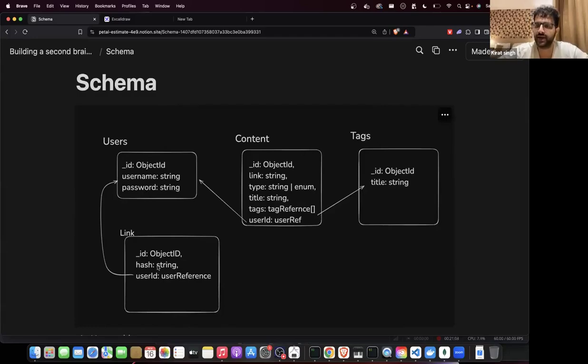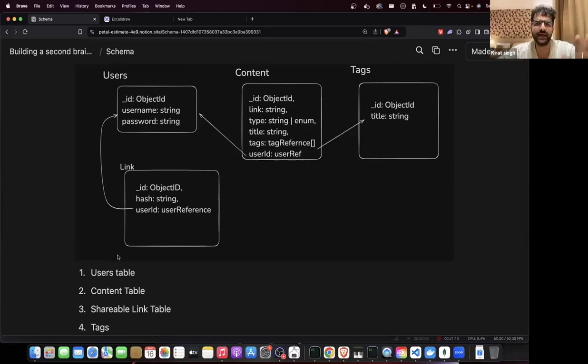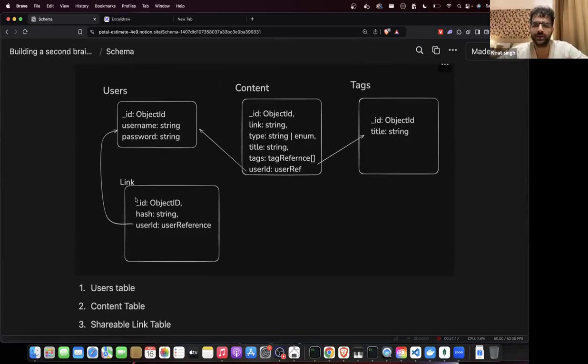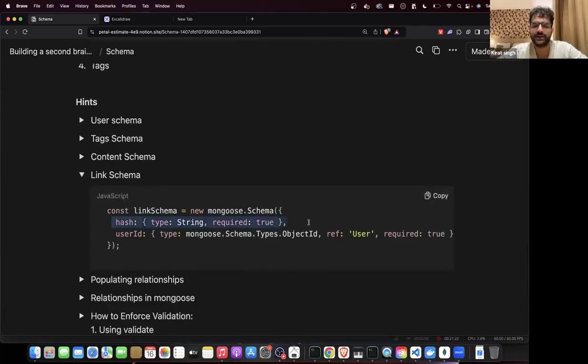It will have a hash which is a string and user ID which is a reference to the user's table. User ID will be a string only, or more technically an object ID if you remember from MongoDB, but it will be a reference to the users table. So if I go to link schema, hash simple string, it is required.